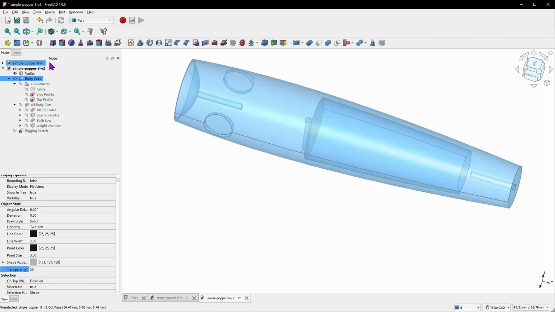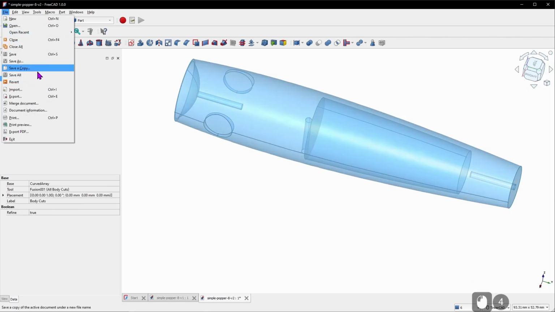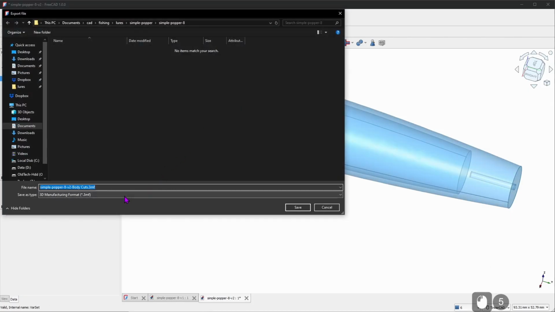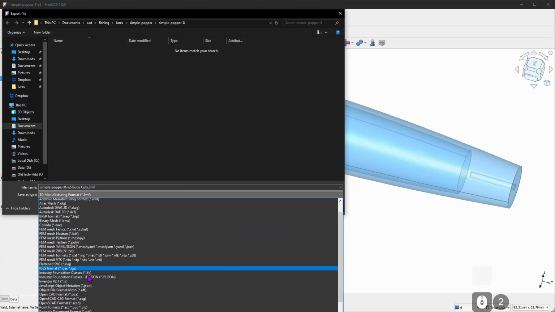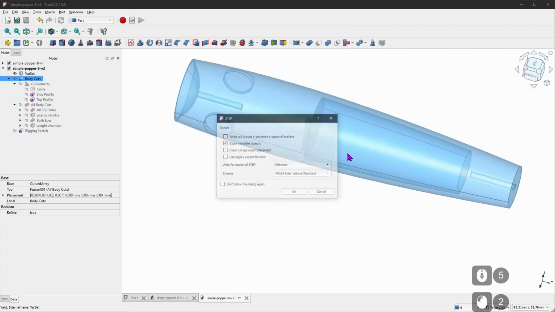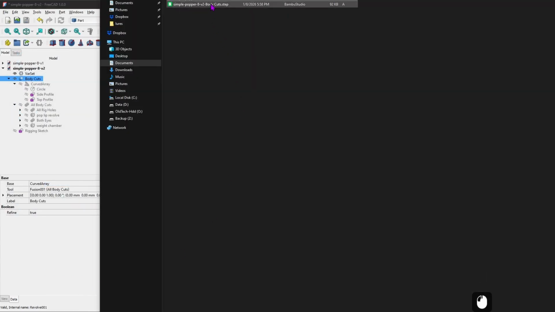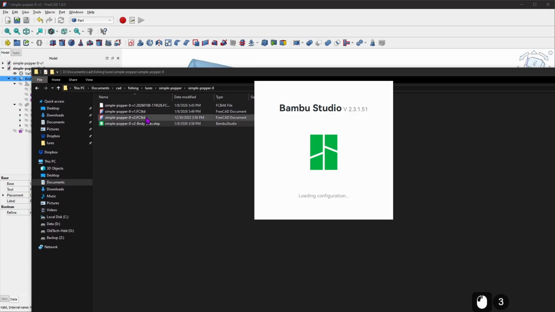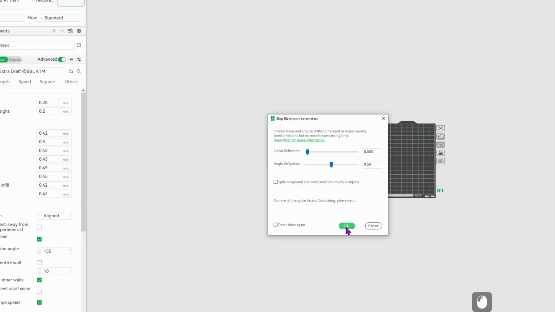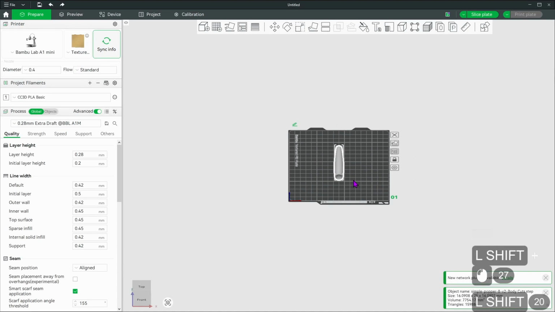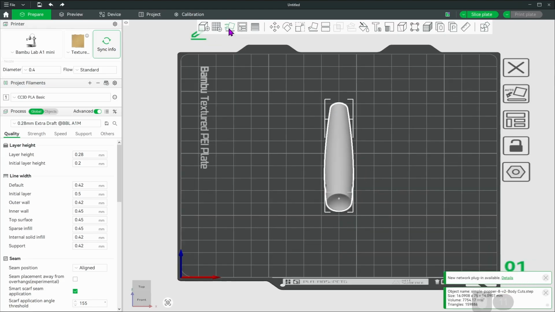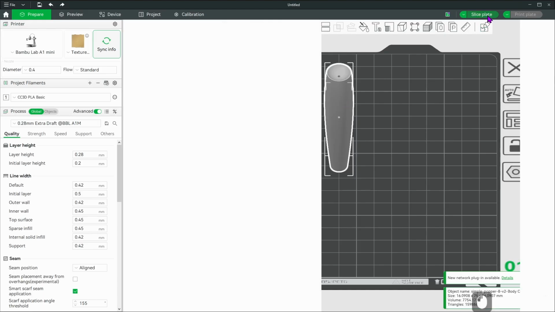So the last thing we're going to do is select the object, File Export, and I will export this as an STL or a step file, either one. I'll just go ahead and go with step. Then I will open my slicer. Okay, I'm in my slicer, and I'm going to use this auto orient to just stand it up on the flat edge. And then I'm going to slice it,